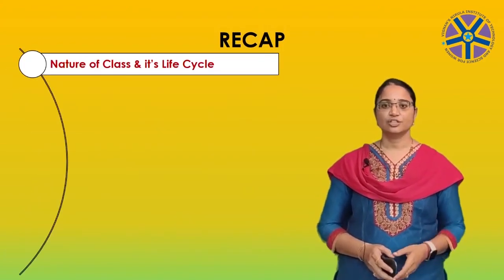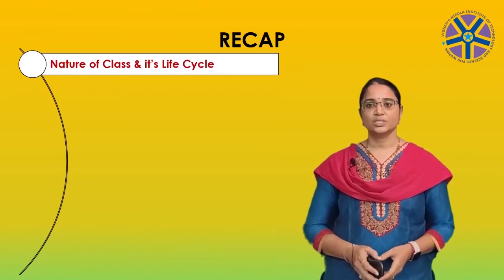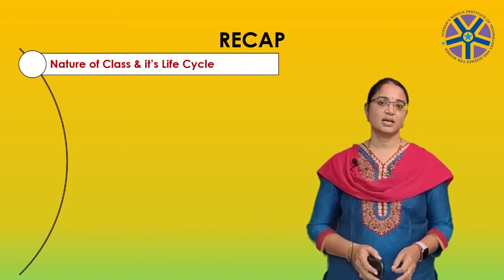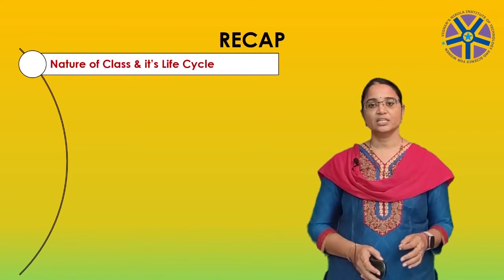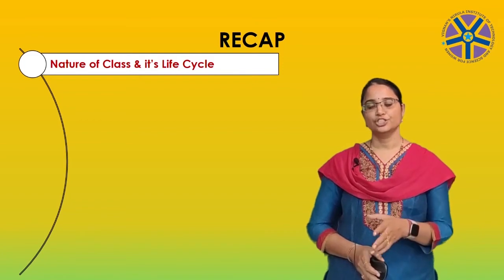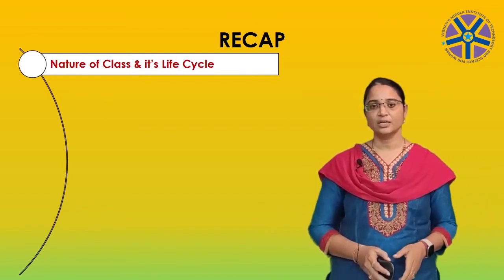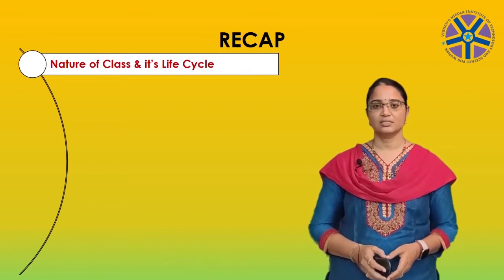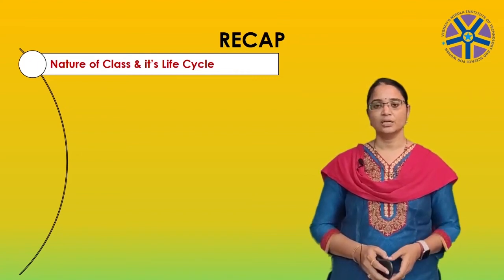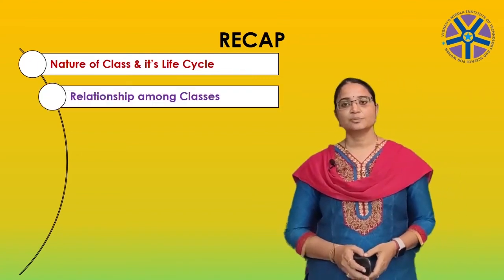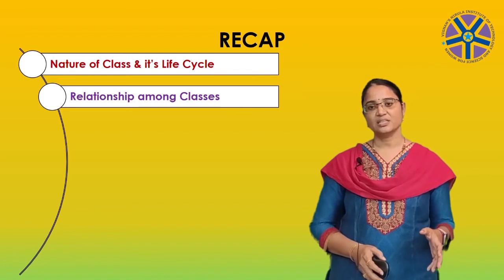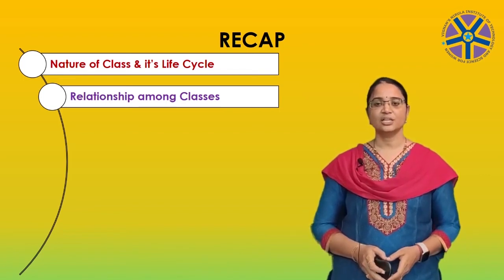Next, we have seen the nature of the class. We know that a class is a set of objects that share a common structure and a common behavior. In this, we have seen an example, TV, and it has three instances. First one is Derex, second one is John and Job. These are the three instances of the class TV, and that example we have seen in the nature of the class. Next, we have seen the class life cycle. In this life cycle, how the class is interacting with the other operations has been seen. Relationships among the classes has been seen here. The relationships are association, inheritance, aggregation, using, instantiation, and meta-class.